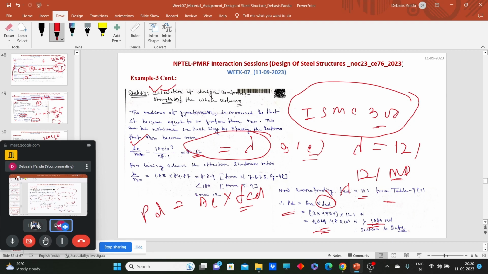So I am repeating once again. After selecting the section, what we need to find out here is the design strength of this particular member, whatever we have selected. So we have selected ISMC 300. For ISMC 300, we first need to calculate the lambda value. So lambda value comes as 84.46. Now corresponding to